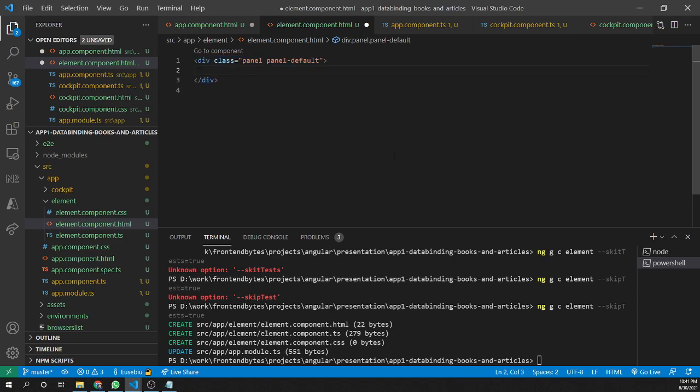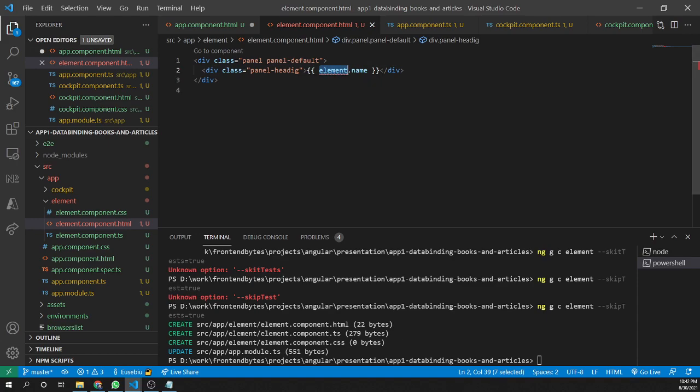For each element we need to add the name and the content. Let's add a heading for our panel, so I'll add a class panel-heading, and here I'll add element.name,